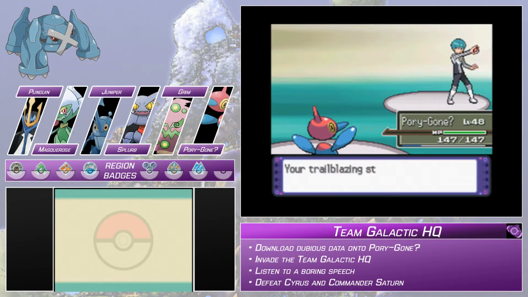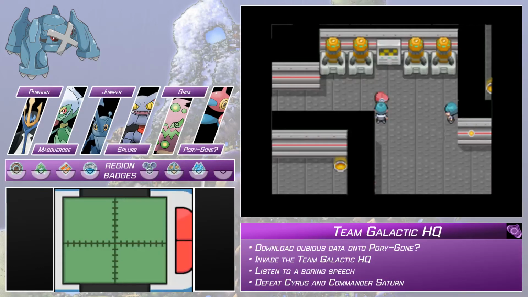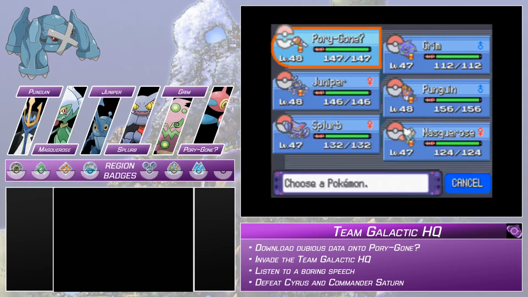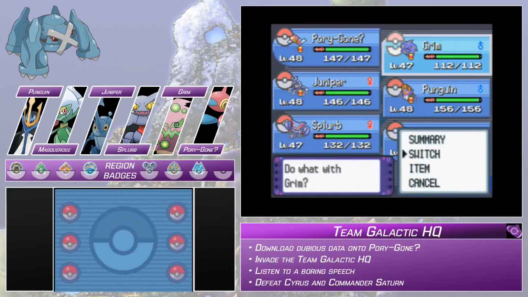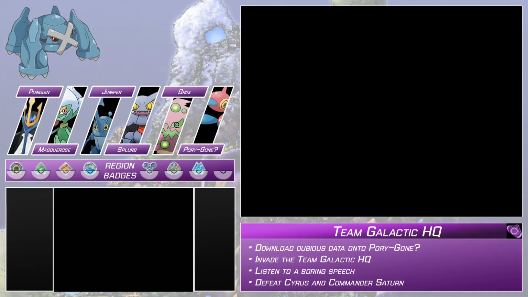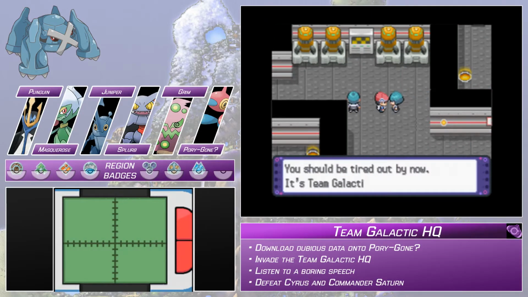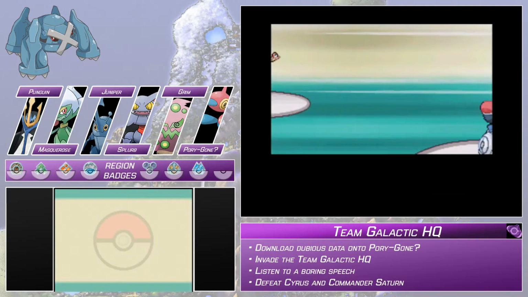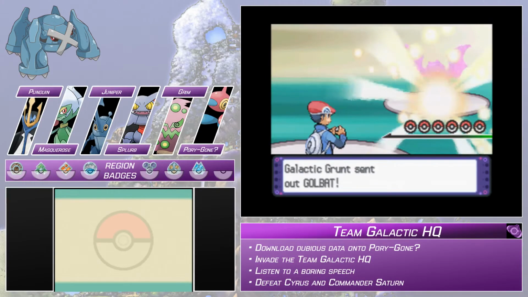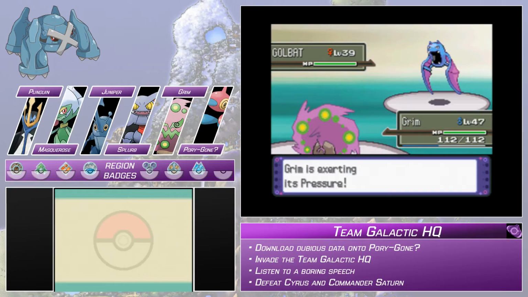First of all, where I got Pory-Gone in the first place was from a house here in Veilstone, where the guy said that there was a Porygon that was just trying to run away from Team Galactic. And you really have to wonder, why was it trying to run away from Team Galactic? That's probably because Team Galactic was performing experiments on them to try to get Porygon to evolve to Porygon2 and see if they could create an evolution to Porygon2. And they succeeded. And now they have Porygon-Z, which is...